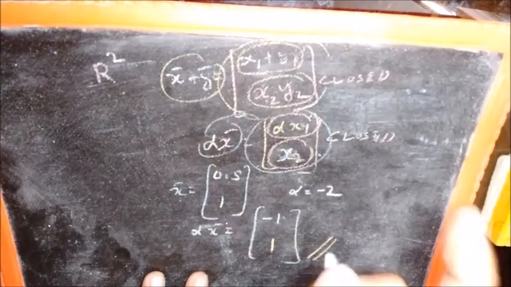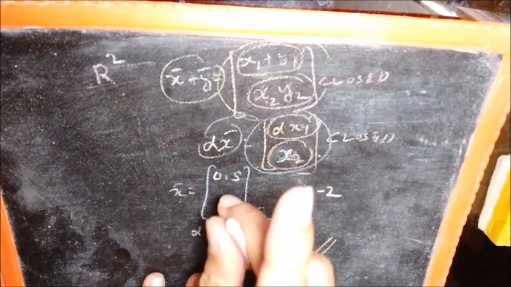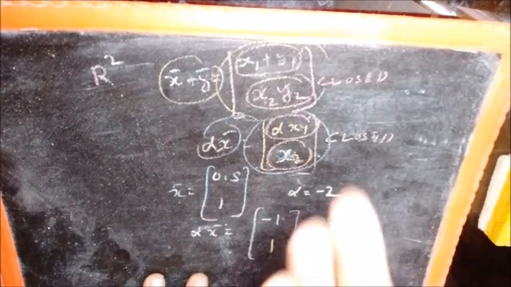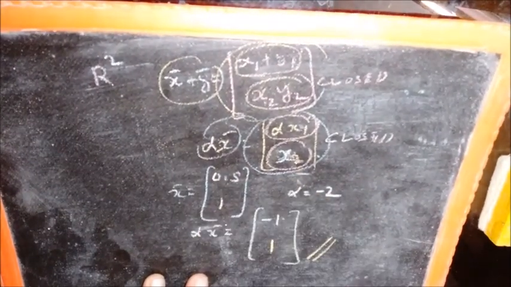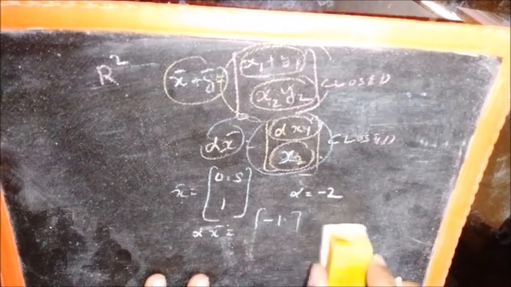Now if all the other 8 properties are also satisfied, the set of vectors in R2 will constitute a vector space even if we have defined the addition and scalar multiplication like this. So that's what we are going to see. We will take those conditions one by one and see whether they get satisfied. Some of these conditions are straightforward.